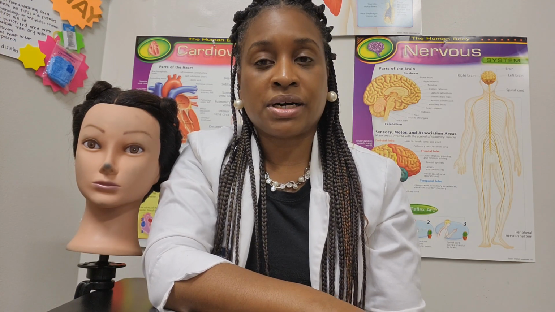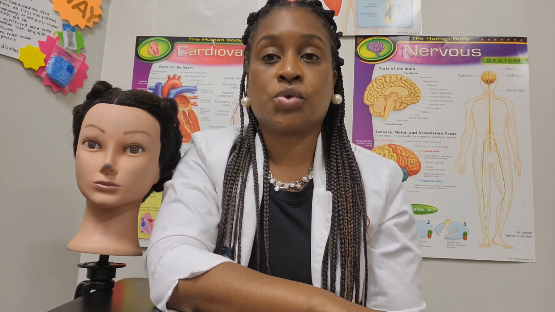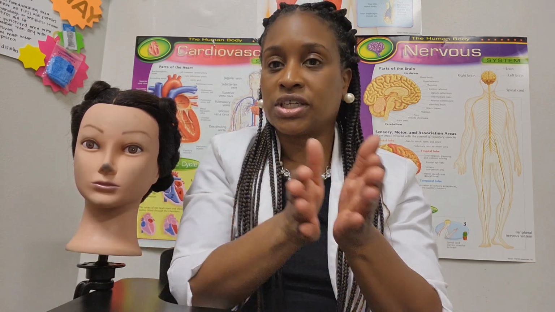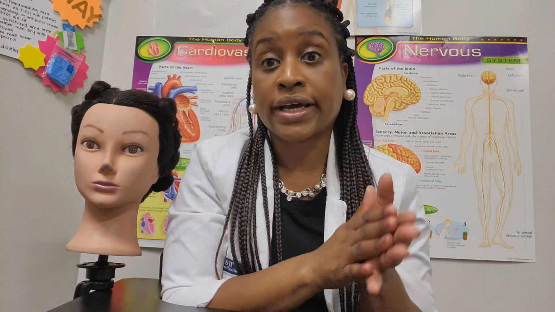Remember, I spoke about the hair staying in that anagen phase for as long as it could, because once it goes into the catagen phase, which is the transition phase, it stops growing. So if you can keep it in that anagen phase as long as you can, that is a wonderful thing, especially if you want to have long hair,